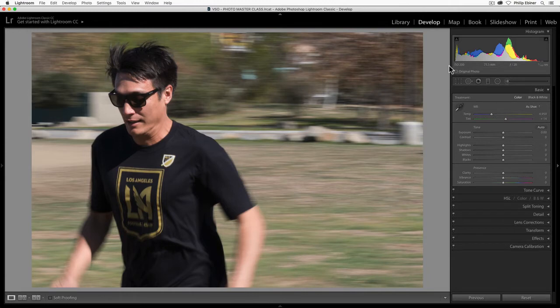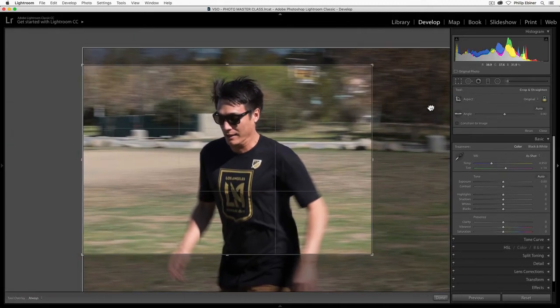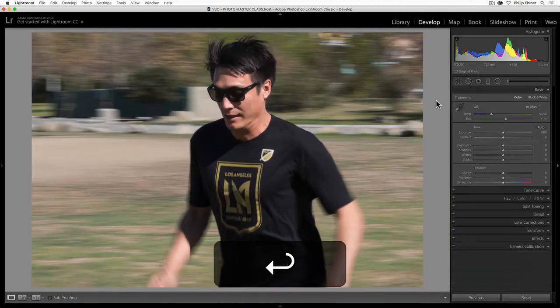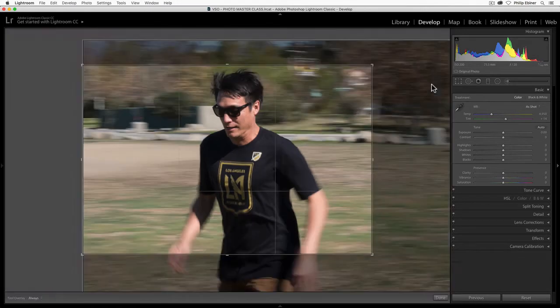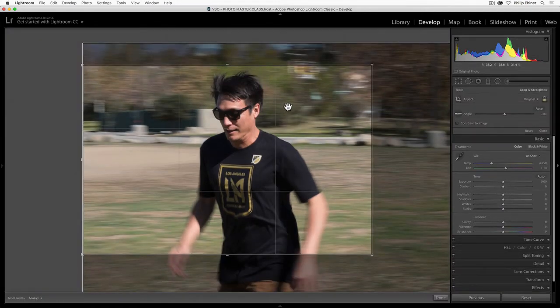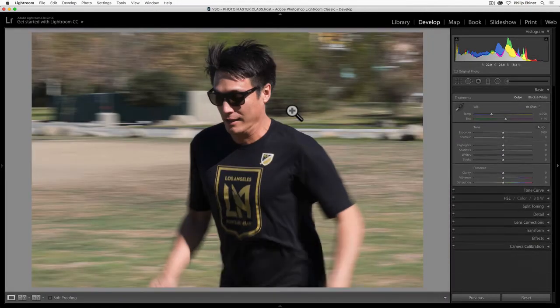With motion, typically you want to have the person or the thing that's moving, you want to have them moving towards the more open side of the frame like so. It just looks a little bit more natural and balanced. If you're going for that sort of unbalanced look, by all means, that's totally fine to do it that way.